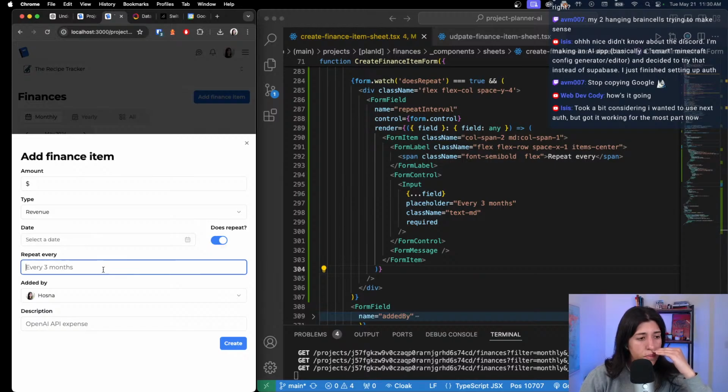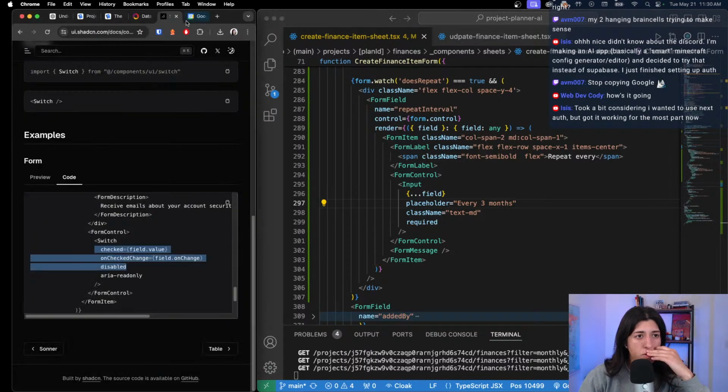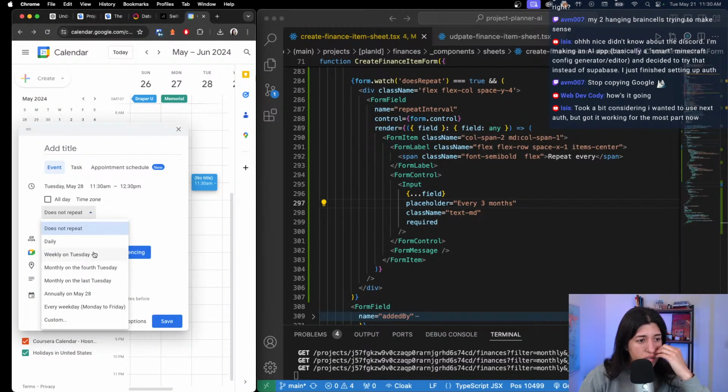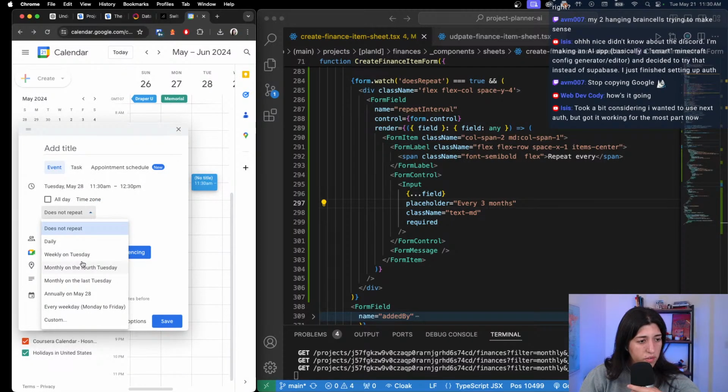I think we should do a repeat every. I'm gonna do the drop down method, and then I had a way to do something similar to this. I don't know how custom recurrence works, let's see, every 2 weeks. I don't think people are going to do this, but this is my assumption. I think the minimum is like these ones, probably weekly on Tuesday, or either monthly on the 4th Tuesday, monthly on the last Tuesday,